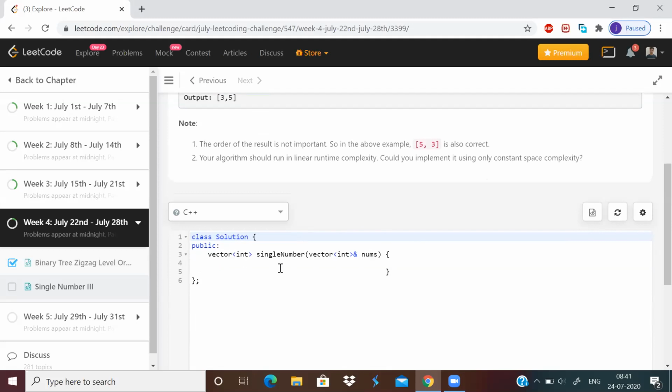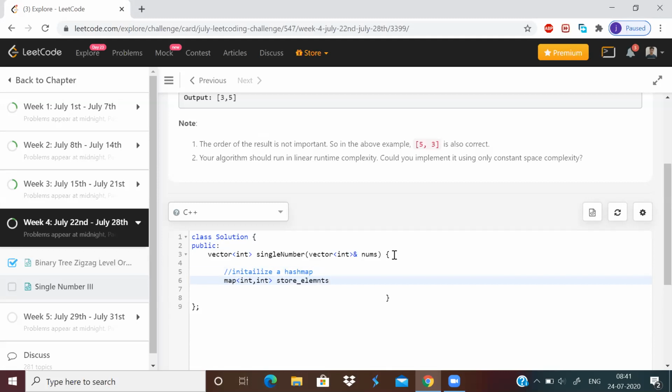So this is the function which we need to take care of. We just need to return a vector which will contain the two values. First of all, I'll initialize a hash map. Let's name it store elements.